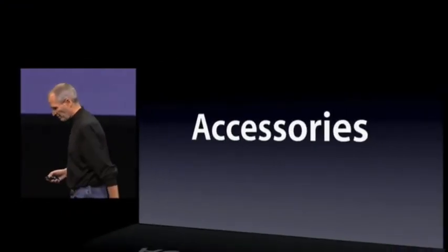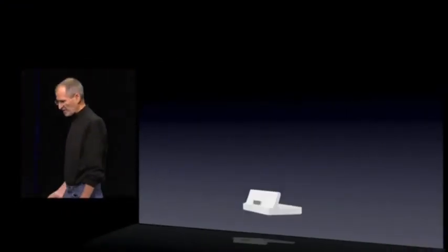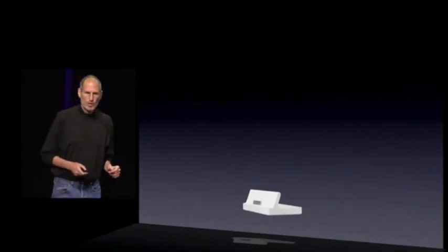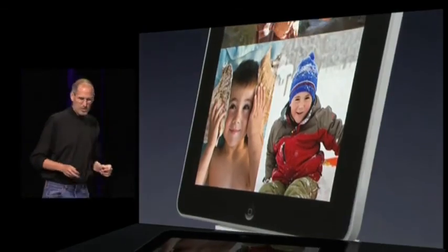We've got some really great accessories as well. Let me show you 3 of them. First one's very simple. We have a dock. Well, why is that so interesting? Because, you know the slideshow I showed you? Well, when you're in the lock screen, there's a little button that you just